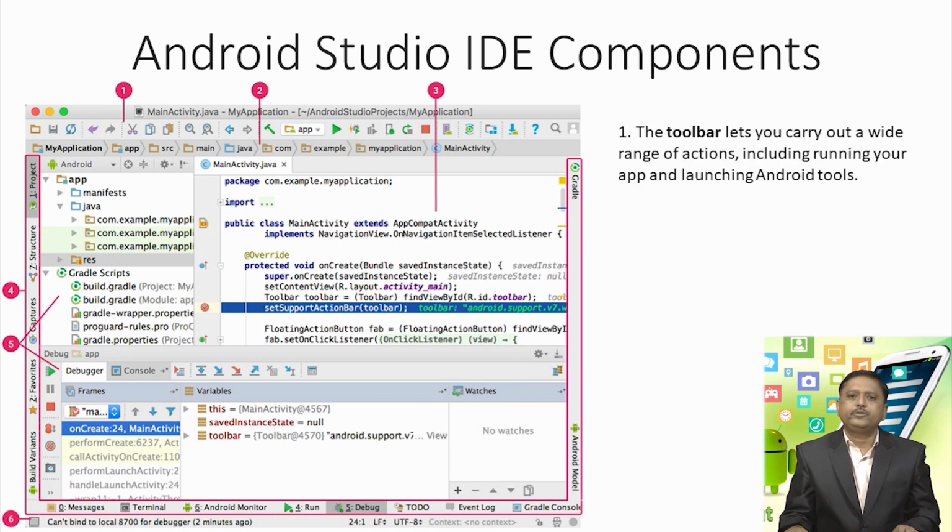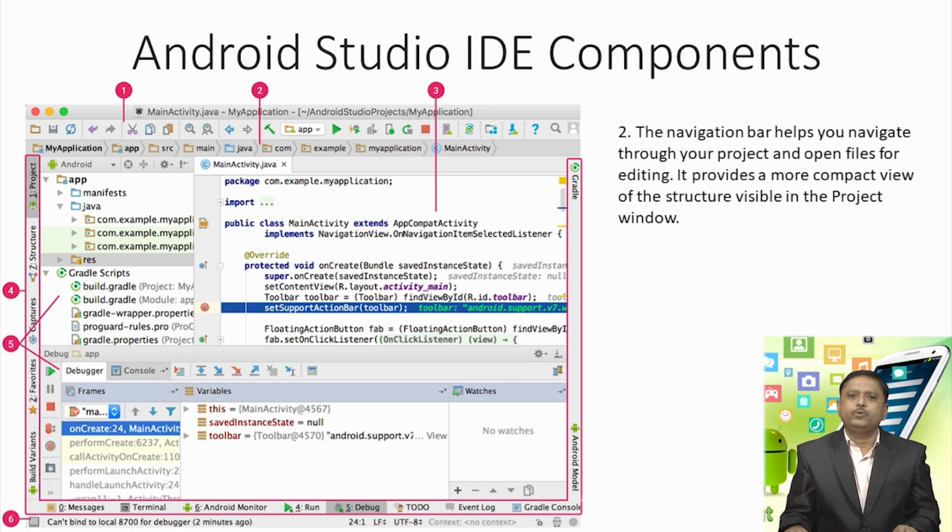The toolbar lets you carry out a wide range of actions, including running your app and launching Android tools. The second part is the navigation bar, which helps you navigate through your project and open files for editing. It provides a more compact view of the structure visible in the project window.